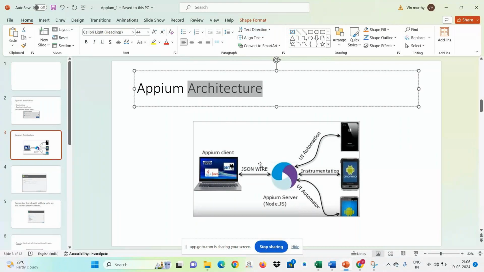When you send your code, what will happen? Your Appium wraps your code into a JSON format. It will automatically wrap your code into JSON format and send it to the server, because this server will accept JSON as input. So the first job is it will convert your code into JSON format. Then this Appium server will inspect that code and redirect it to the particular